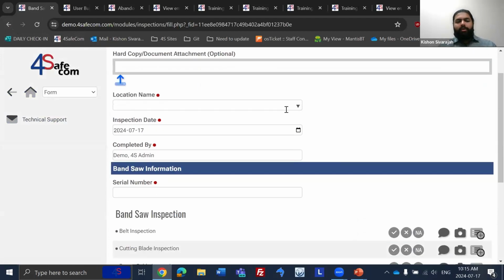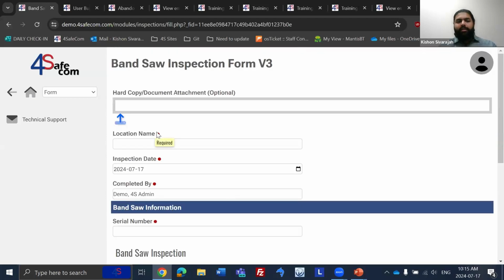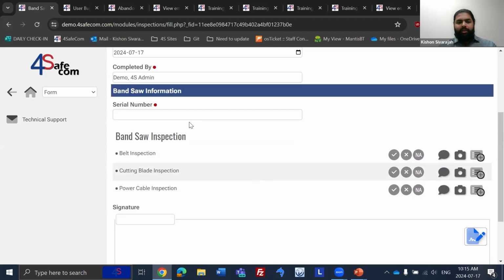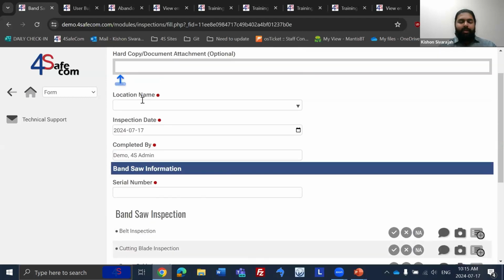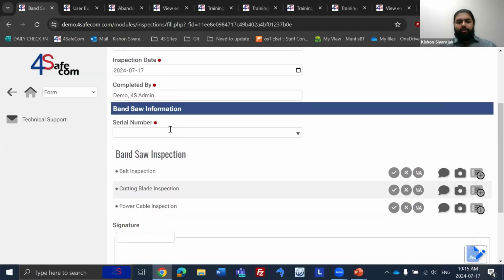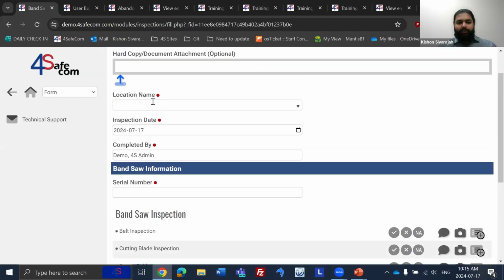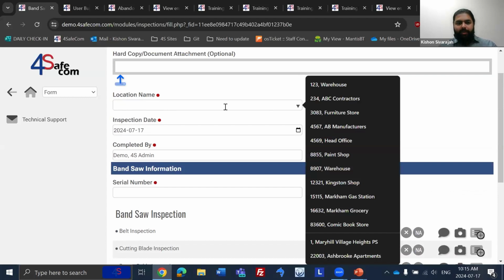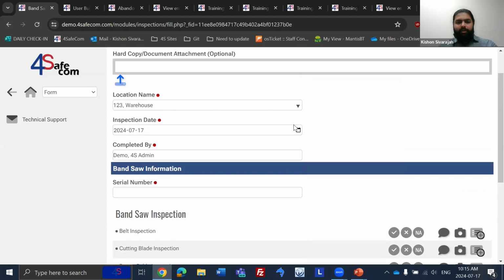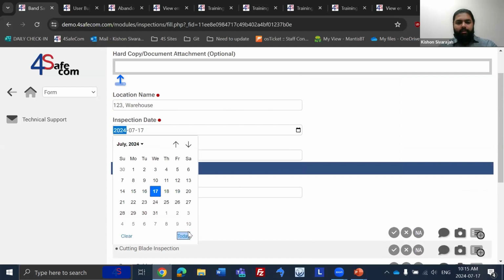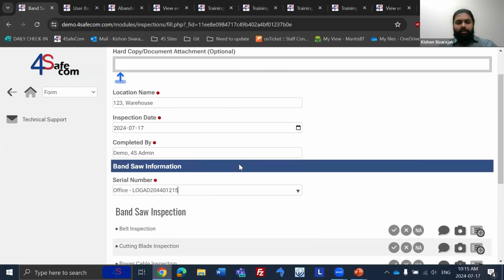So what you'll see is that there are different fields for each of the sections. Everything that's marked red means that it's a mandatory field, and everything that has no mark might mean that it's not mandatory. If you were to scroll down and fill in each of these by clicking on it and, if there's a drop down, selecting from the drop down, fill in the dates and then come down to the serial number, choose a serial number,